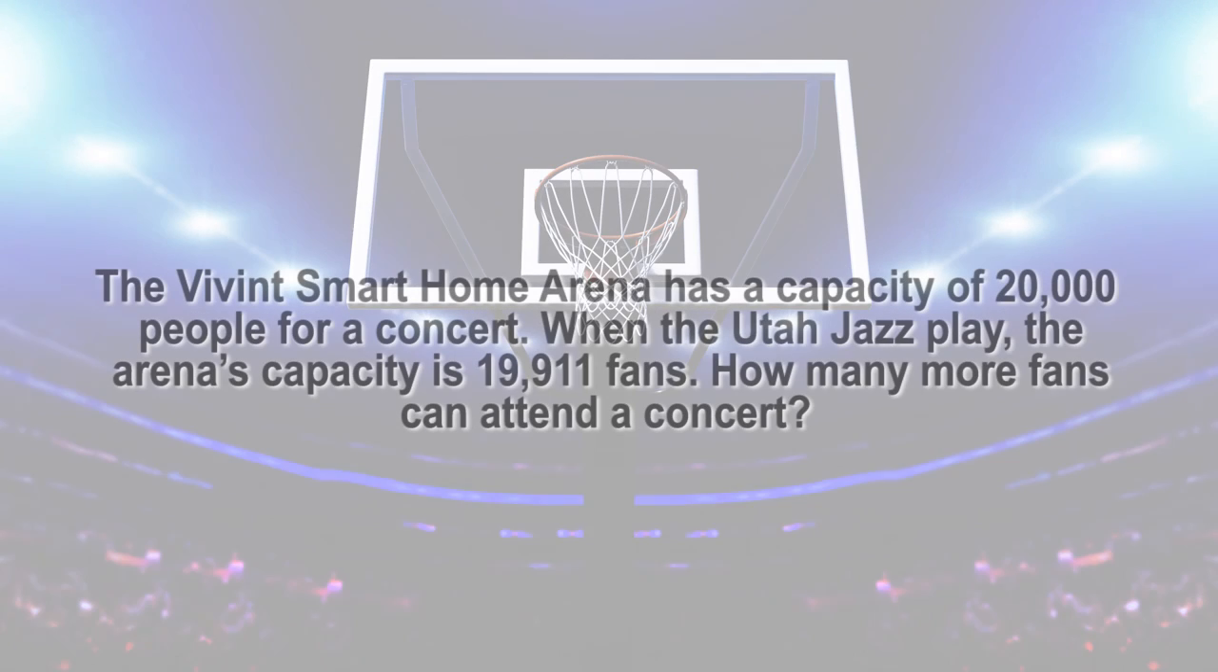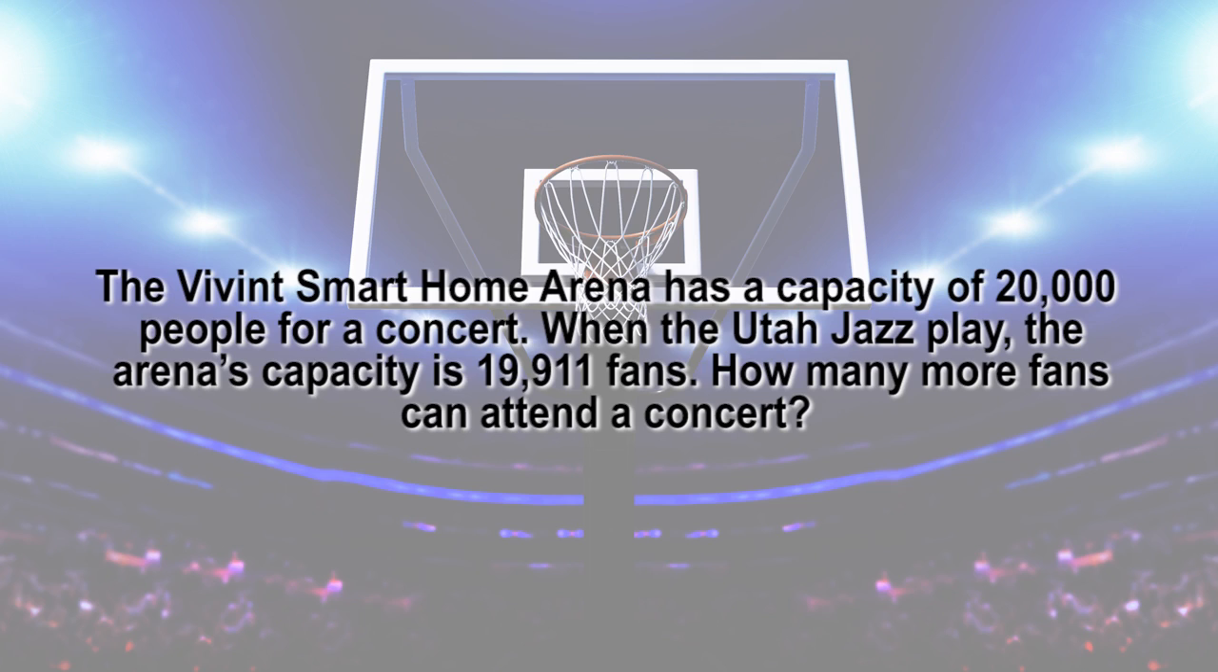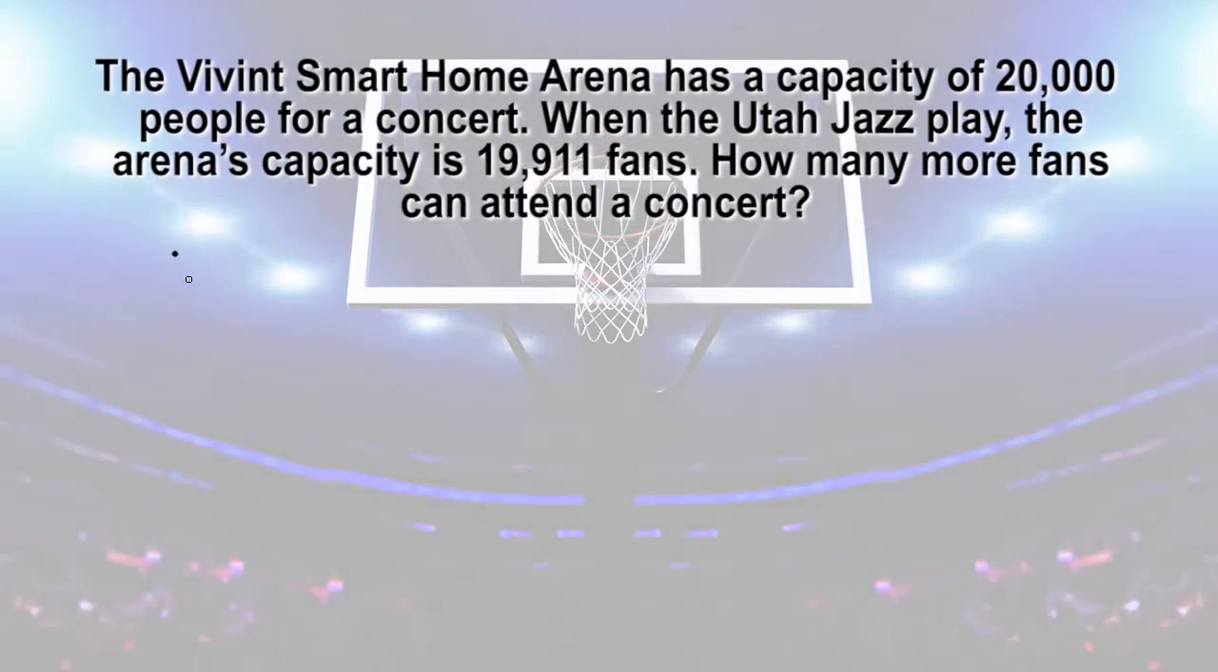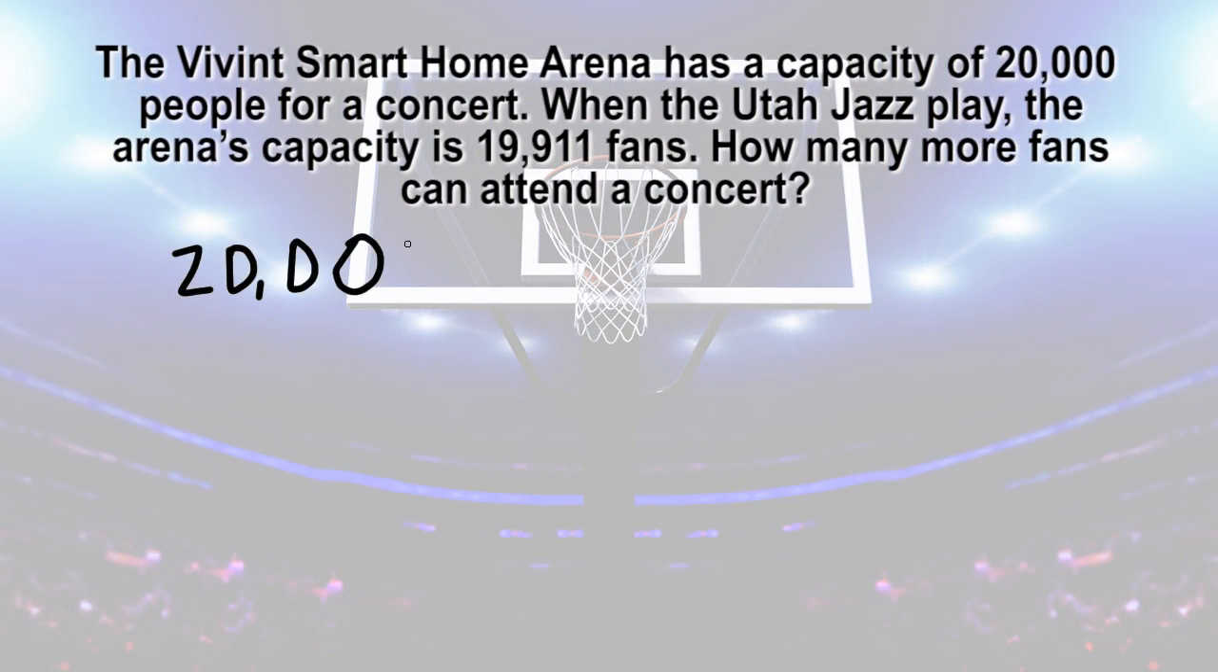The Vivint Smart Home Arena has a capacity of 20,000 people for a concert. When the Utah Jazz play, the arena's capacity is 19,911 fans. How many more fans can attend a concert? To determine the answer, we need to subtract the capacity of a jazz game from the capacity of the concert. 20,000 subtract